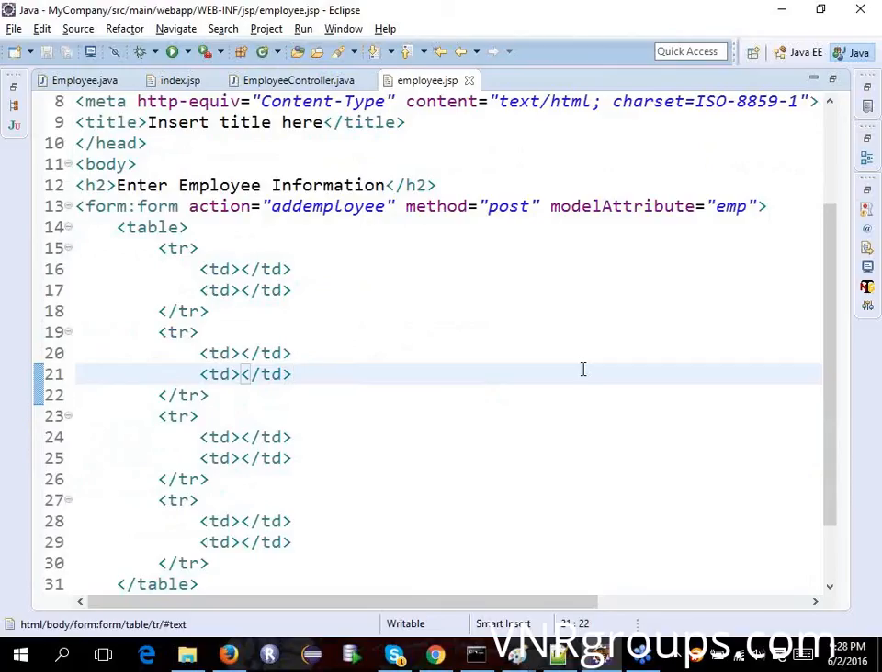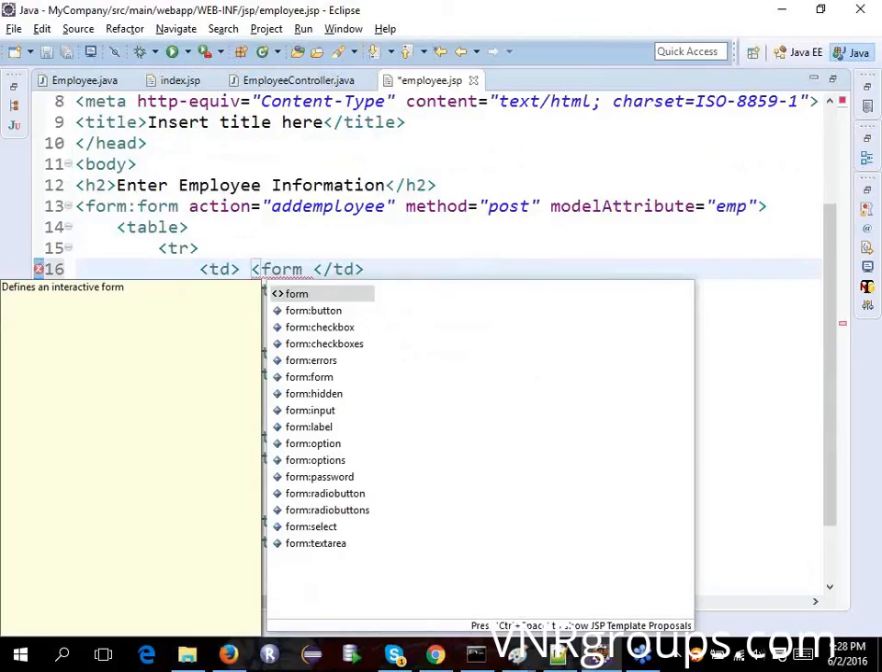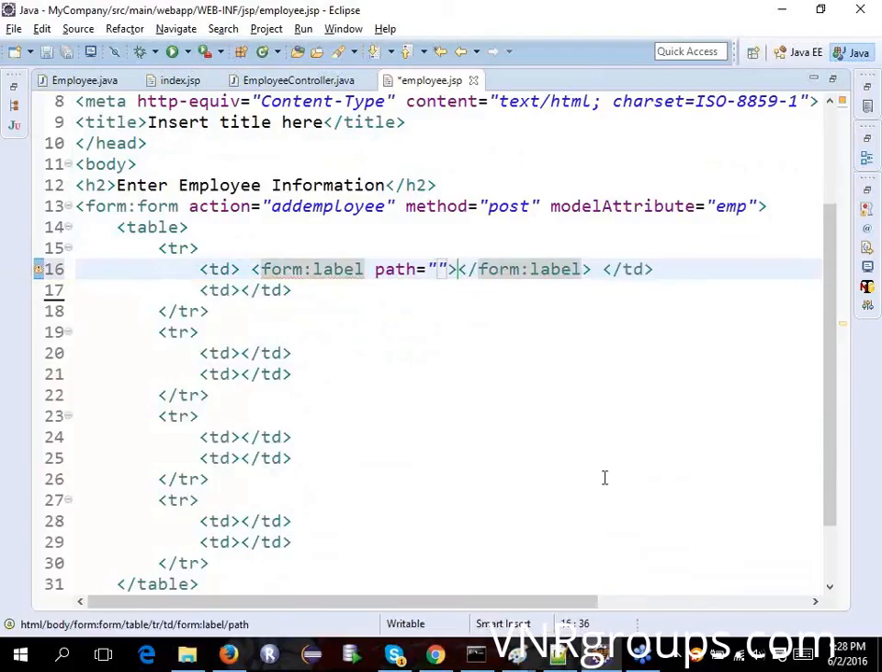We'll use some nice Spring things. The first TD in the first TR will have a form. You look at this, you have everything. So I want a label here. I would say the path is EMP ID and the name you can specify anything, EMP ID. Okay. For this